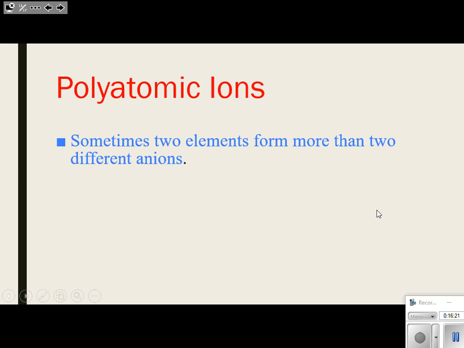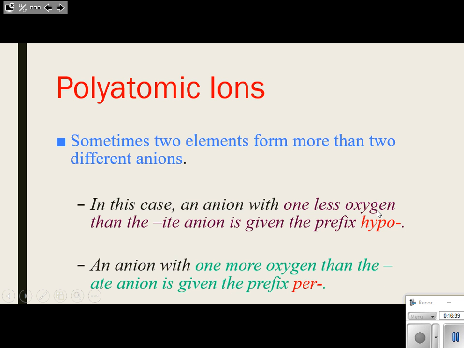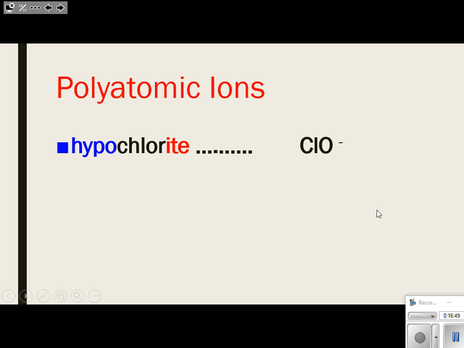Sometimes two elements form more than two different ions. What I usually do is deal with the chlorate ion on this one. You're going to see "hypo" that goes with the ITE ending, and "per" which goes with the ATE ending. Well, what do I mean by that? We're going to go exactly to